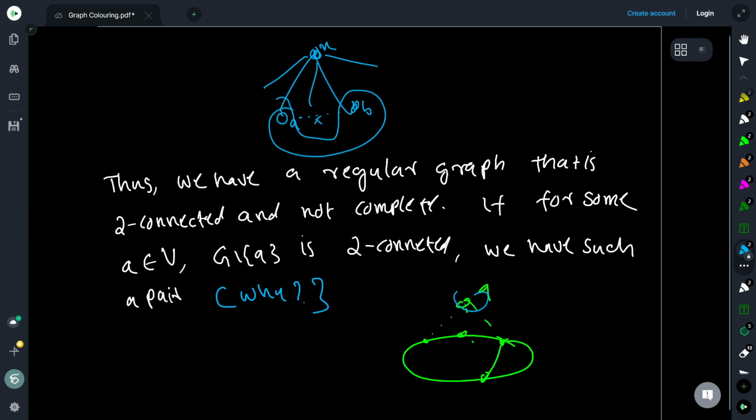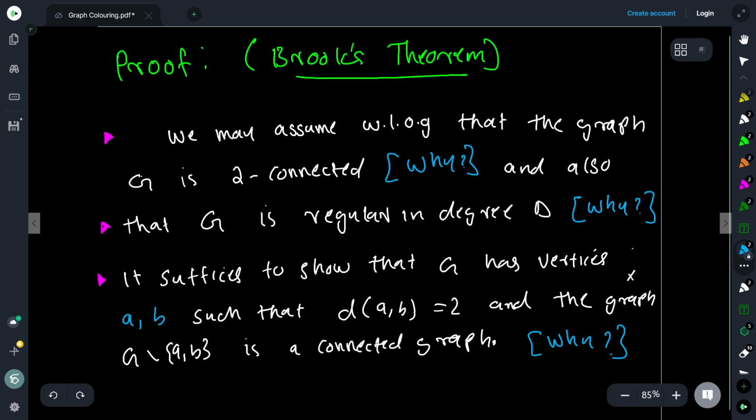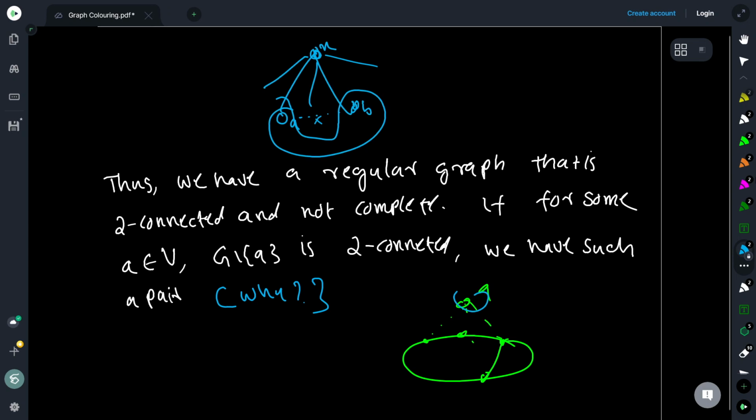So the graph is still two connected means that removing one more vertex from the remaining graph will not disconnect the graph, right? So I can pick any vertex from this remaining two connected graph and remove it, it will still be connected. So now if I can find one more vertex to remove, which is not adjacent to A, then I am done, right? But there is always a vertex. And why is that? Because we are not working with a complete graph, right? And we know that the graph is delta regular, right?